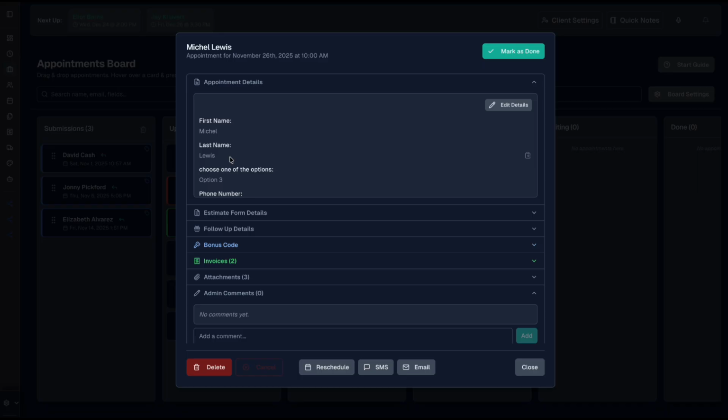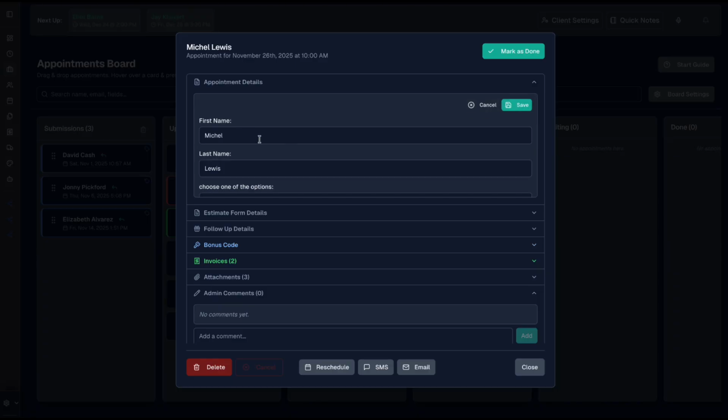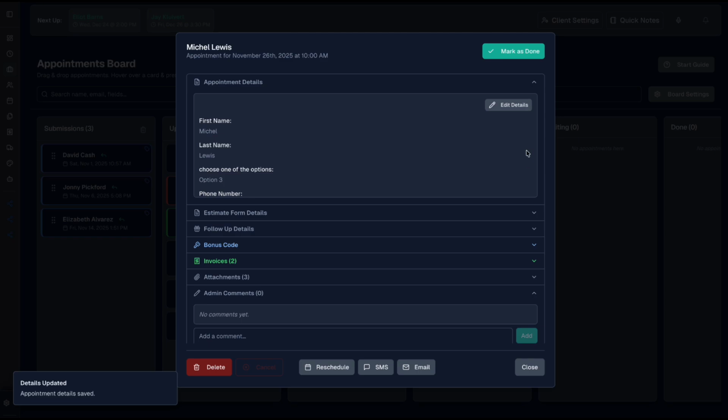The first section is appointment details. This shows all the information the client provided on the main booking form. If you need to correct a typo or add information, you can click the Edit Details button to make changes directly. For quick access, you can also hover over any piece of information and click the copy icon to copy